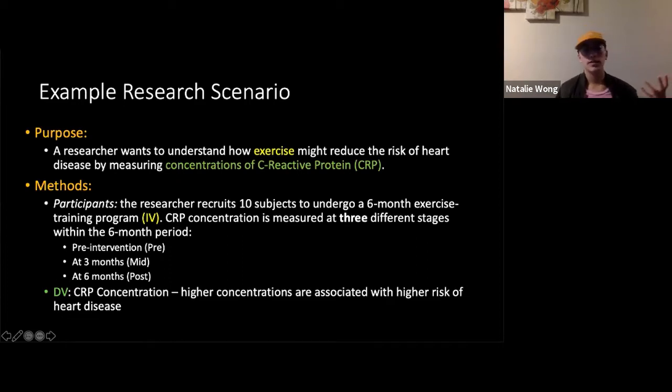What we're doing though is we are creating time periods. So pre-intervention is like our baseline measurement with 0 exercise. Then we're saying at 3 months, somebody has accumulated enough hours of exercise that maybe it affects their CRP concentrations. And then at 6 months, our post-intervention, we measure again. And at 6 months, someone should have had more exercise than they had at 3 months, so it should be